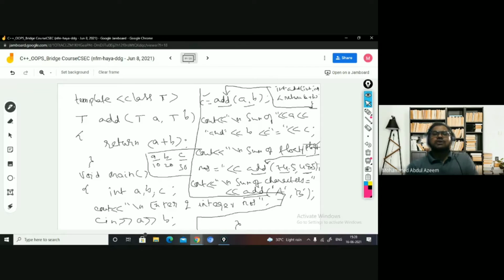So when you are calling the add function here by passing character values, what happens? A version of character kind from this particular function is going to be generated, replacing T with character, which is going to be called here. Got it? So when it is called, it will take both the characters A and B. Their ASCII equivalent values are going to be added. The result is going to be 131. So the 131 equivalent ASCII character is going to be printed here, right?